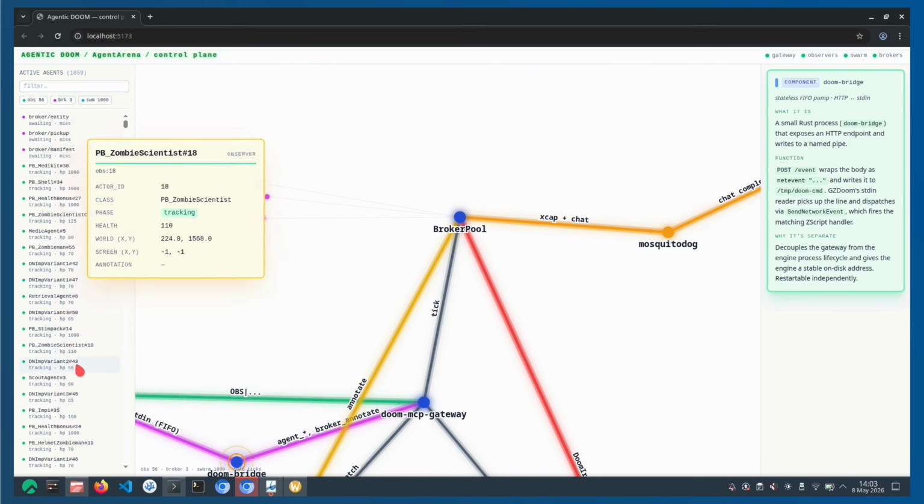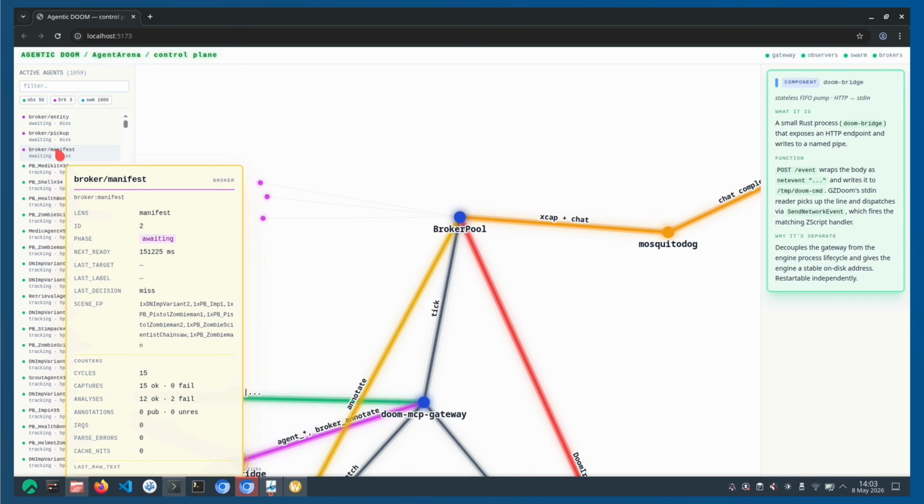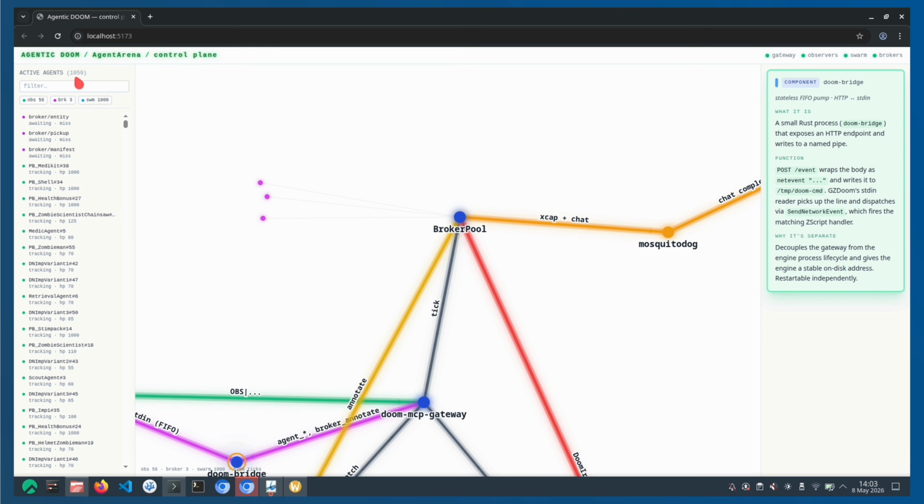So you see those are agents. There are over 1,059. Again, not all of them are running all the time, and not all of them are engaging with the LLM. They're a bit different from agents like what you use in Copilot. They're designed to be light and fast.